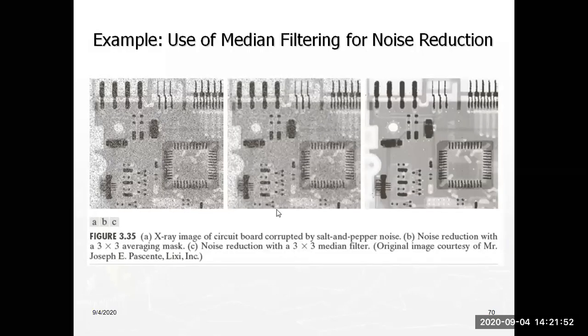Now we have to check how the enhancement happens. This is also a noise reduction application using a nonlinear filter. Here I am using the max filter generally. Here my X-ray image A is an X-ray of a circuit board corrupted by salt and pepper noise. So I captured one image from my normal camera. What is the board? A circuit board. So in the circuit board,